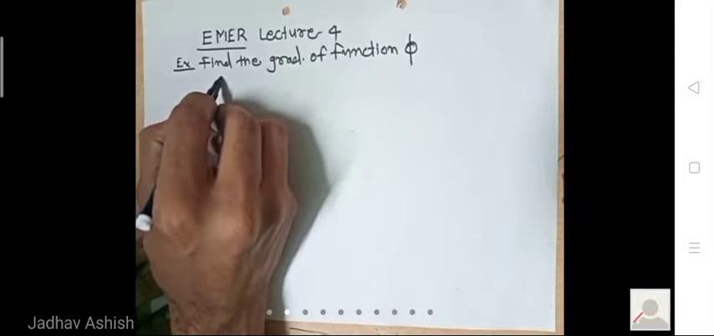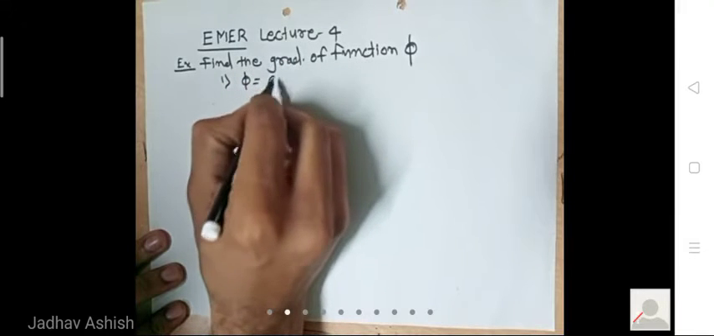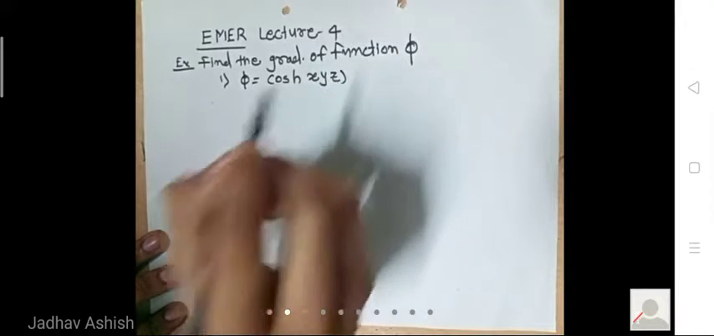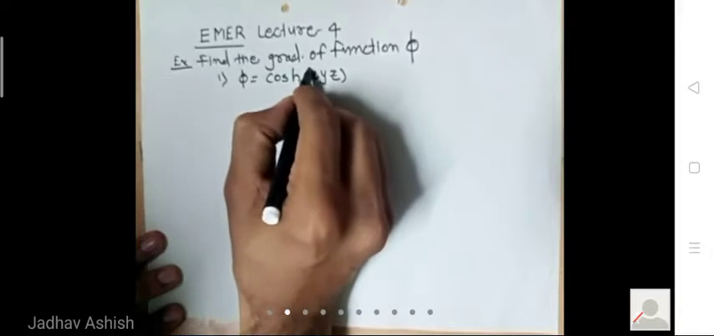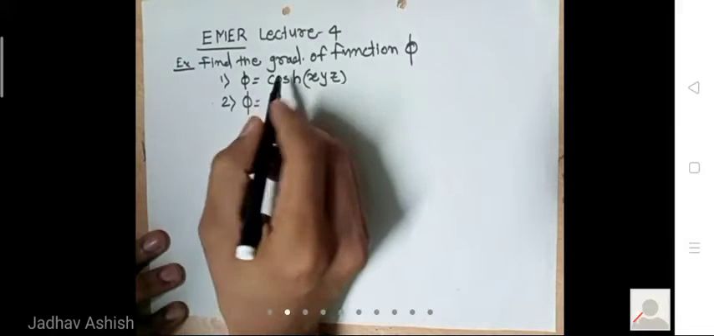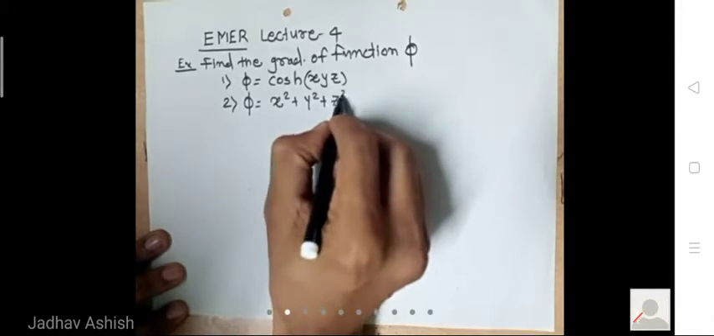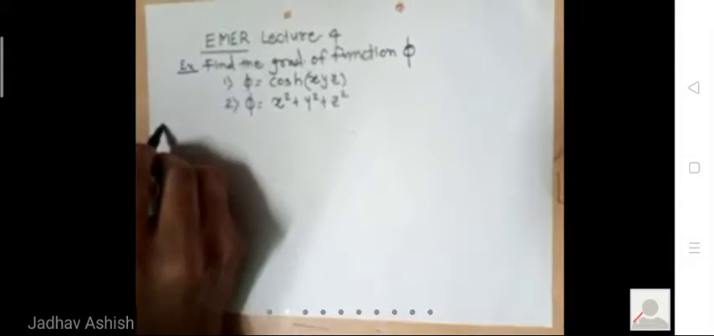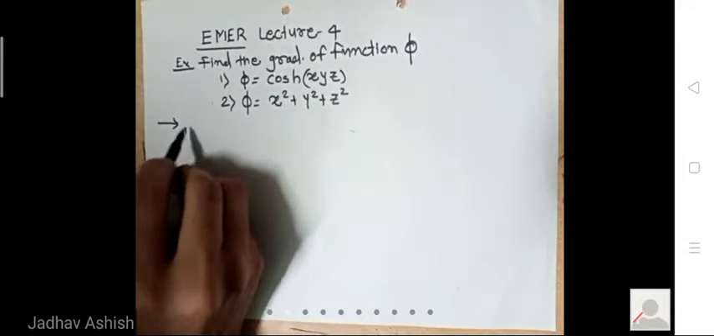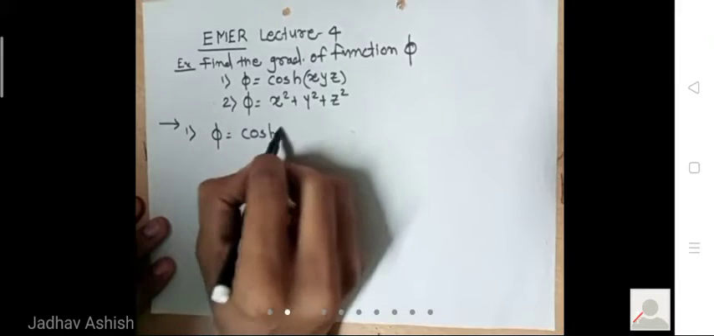Phi is, let's say, phi equals cosh xyz, and the second one is phi equals x square plus y square plus z square. So we are having two cases. Let us take them one by one. For phi equals cosh xyz,